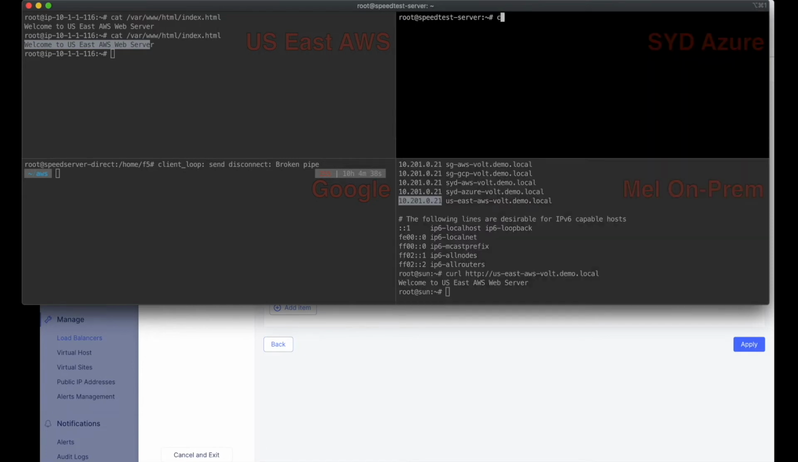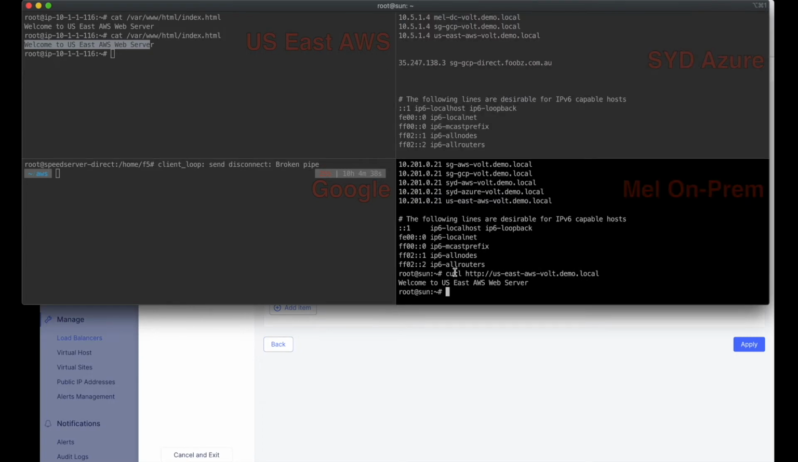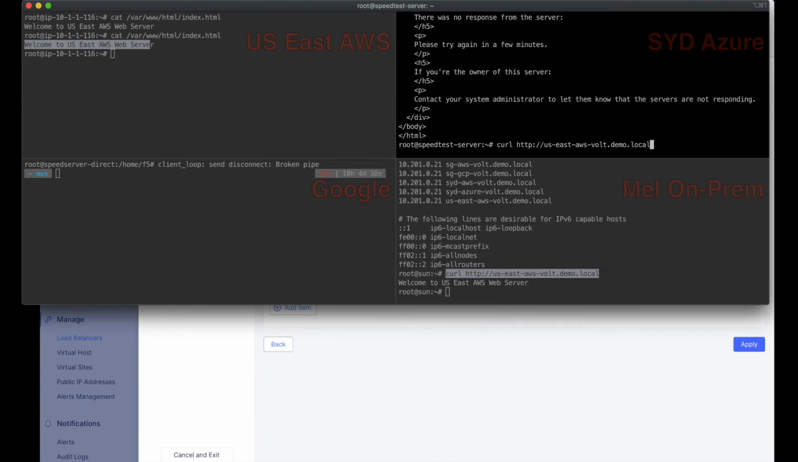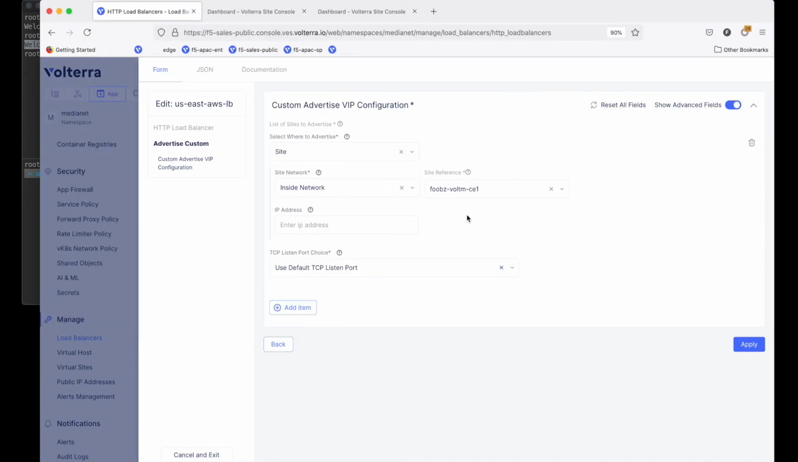Let's say I do the same thing for the Sydney Azure. If I get the host file as well, if I do the same thing, if I do a cat here, curl. Oh, all right, so this one is actually denied. If I check the header, it's actually 404 not found. The reason it is not found is that for this US East AWS LB,